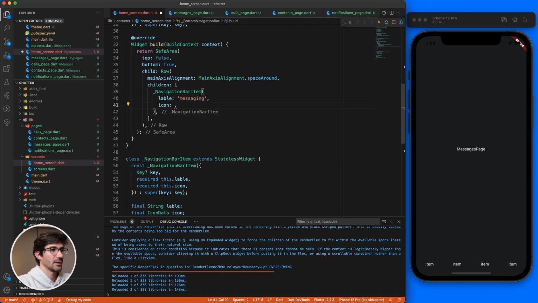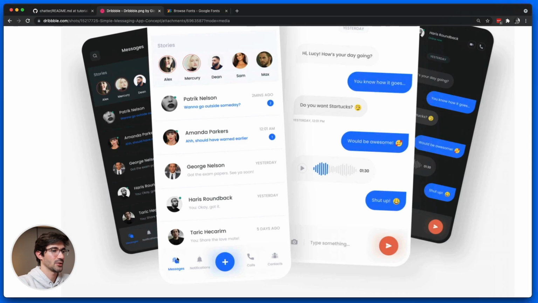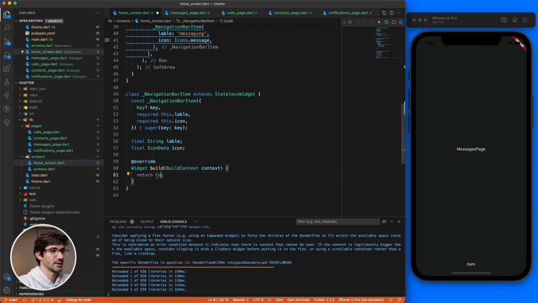And the icon, we will say icons. We can say messages maybe. Let's see how that looks. And now what we're going to do is, as you can see, these are laid from top to bottom, so vertically. So this will be a column. So we're going to return a column,